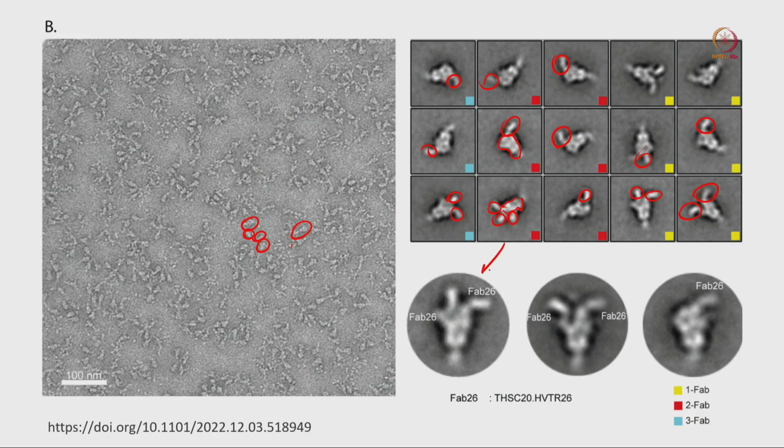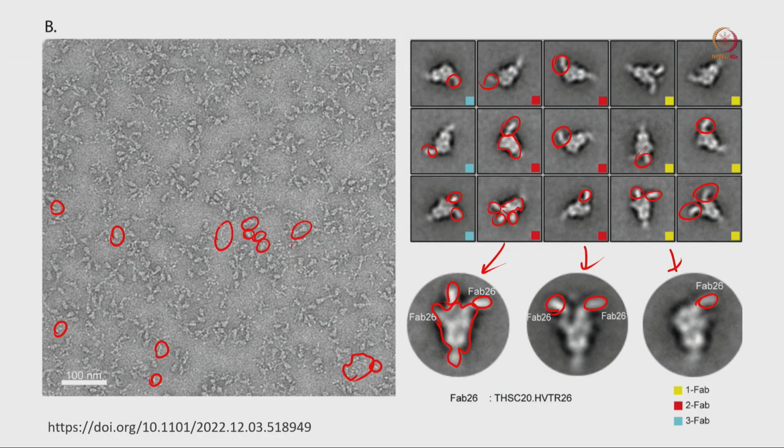These are the enlarged views from those 2D averages, where we are showing the overall morphology of that spike protein and then the density of the antibody here. But in this particular image, if you pay attention, there are some small free densities here and there. Those free densities are basically free antibody or Fab densities which didn't interact with that spike protein.